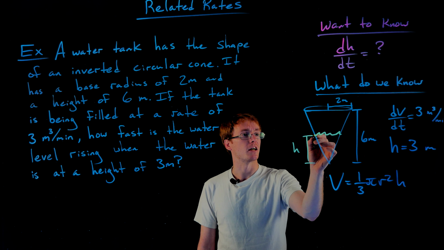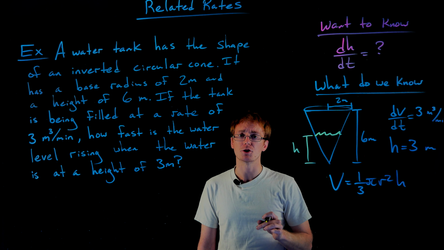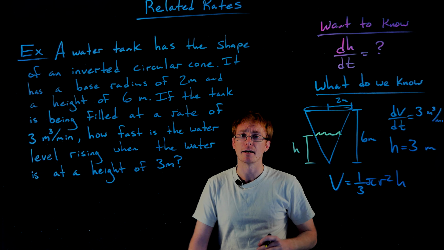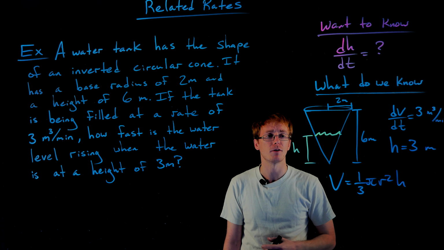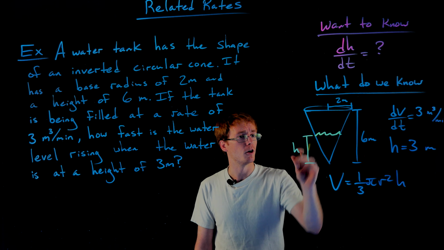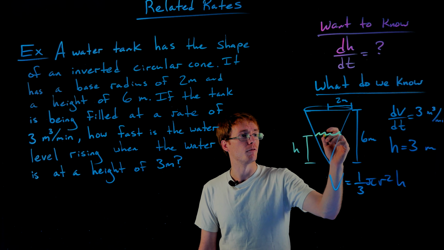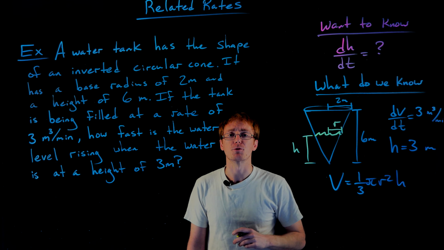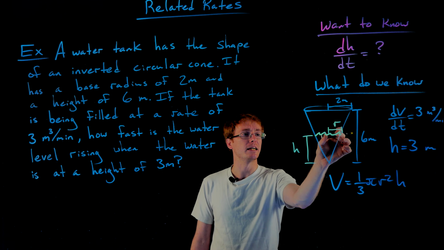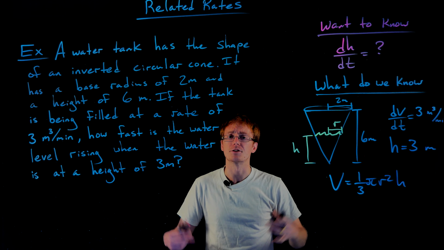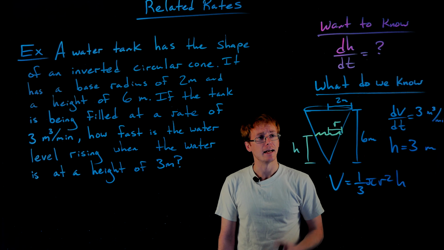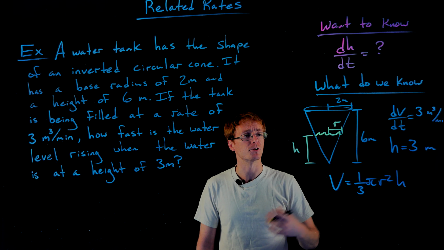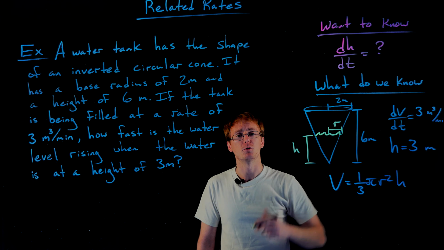Well, then that can give us this kind of smaller cone inside of our larger cone, or this smaller triangle inside of our larger triangle if we're just looking at the side profile of our picture here. And we know for a given h, as the water level varies, there will be some r value that corresponds to that given h. That'll be like the radius of that cone of water inside of our overall tank. And here we can use the idea of proportions and similar triangles to help us figure out the relationship between the height and the